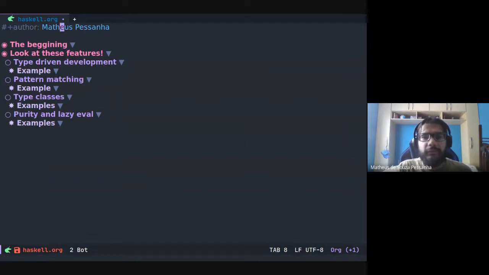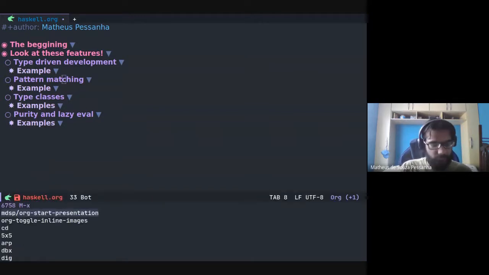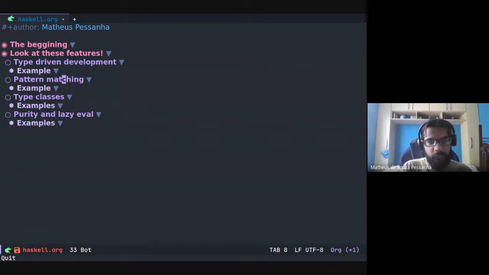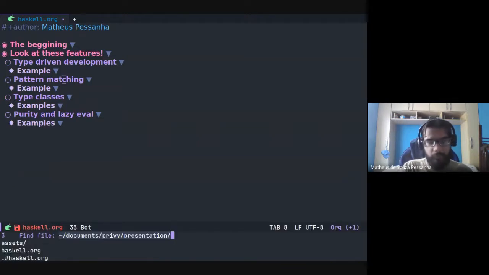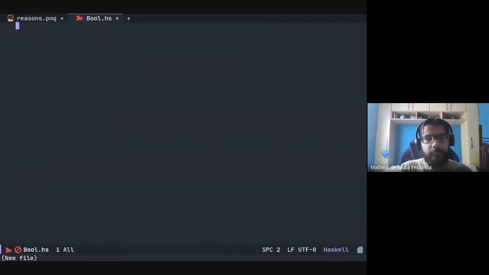And those are the features. So let's go to the live coding. We create a module. Each file in Haskell is a module, so the file name is the module name.